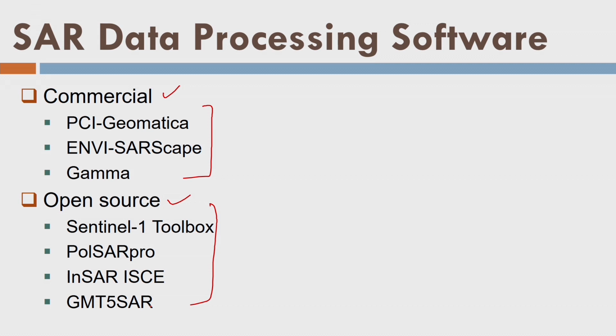With this, I would like to finish this lecture. So far we have seen different aspects of radar: the geometric aspect, radiometric aspect, radargrammetry, and the interferometry aspect. Now finally, in the last lecture of this module, we will cover the applications of radar from the geoscience perspective, or the geoscience applications of radar. Thank you.